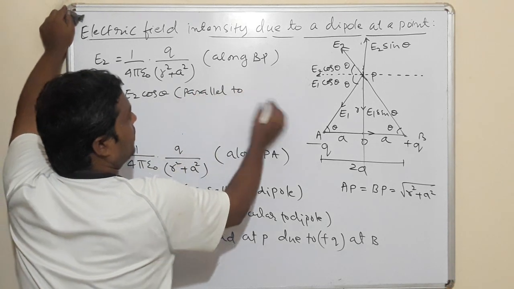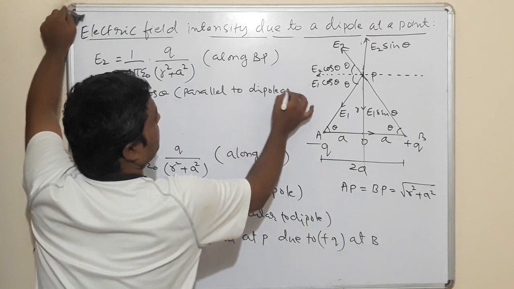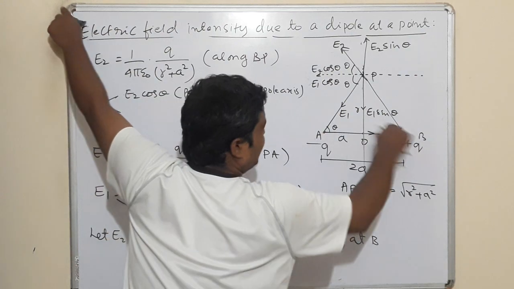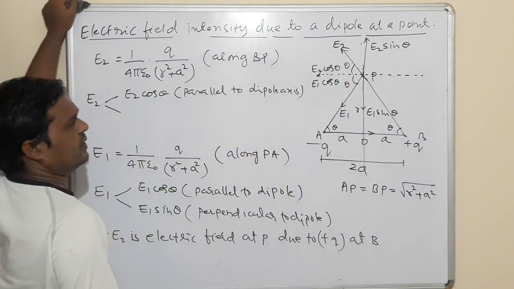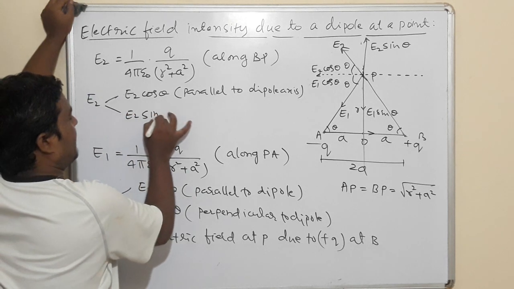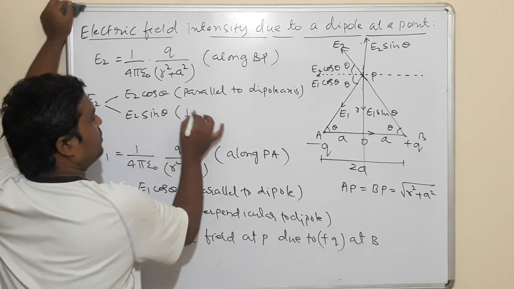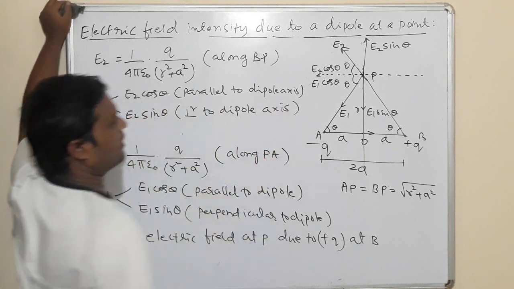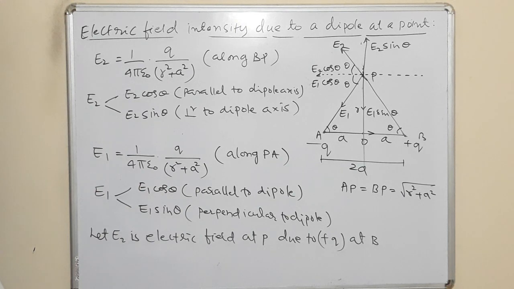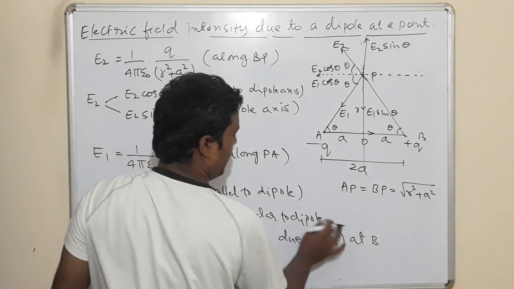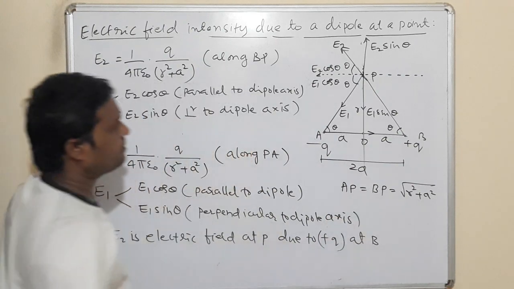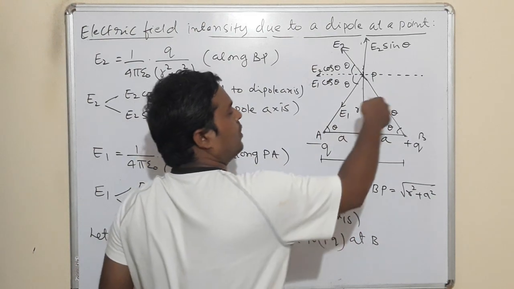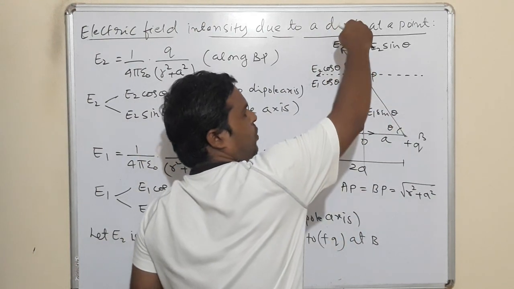which is parallel to the dipole axis. Okay, this side, of course it is anti-parallel to p. For this line it is parallel, suppose. Direction I will see later. Then it will be E2 sin theta. This is perpendicular to the dipole axis. Again we resolve this vector into two components. Okay. This is perpendicular to the dipole axis. We have written E1 and we resolved it into two components. We have written E2, again we resolved it into two components.